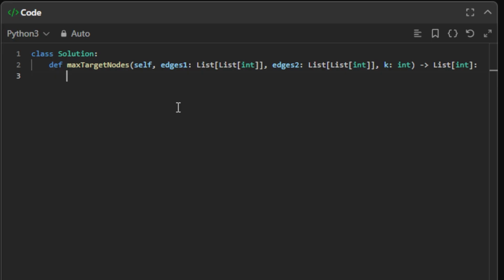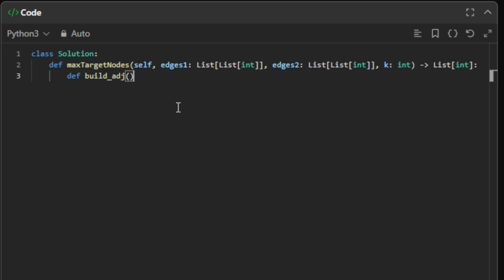First, we'll build adjacency lists for both graphs. This is very important for any graph problem, and an adjacency list is basically a map where each key is every node in the graph, and every key connects to an array which contains all the values the key connects with. Here we need to build two adjacency lists. So to make the code efficient, we'll create a function. We'll call this build